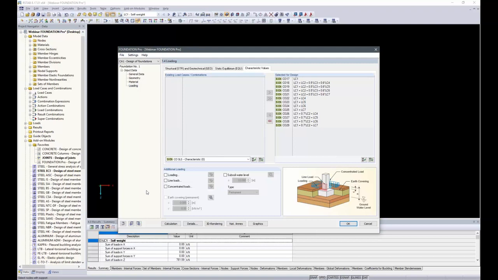We could enter some additional loading. For example, if I have a foundation slab above this foundation, of which I want to take the self-weight into account, we could do that down here. You see all the possible additional loads in the picture, but we don't want to do that now. So we are finished with the input for the first foundation, and we can start the calculation